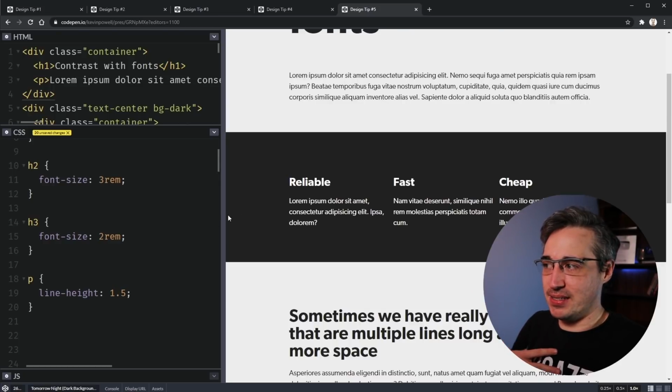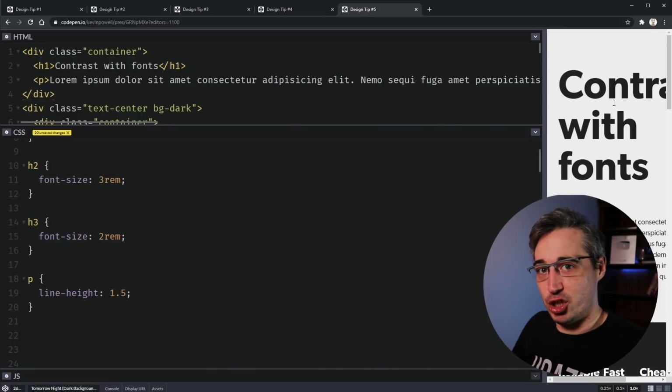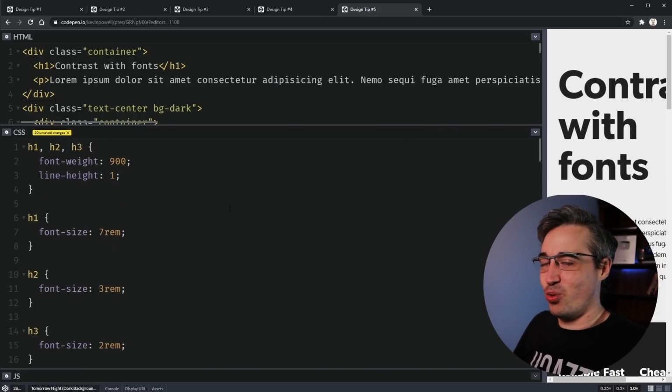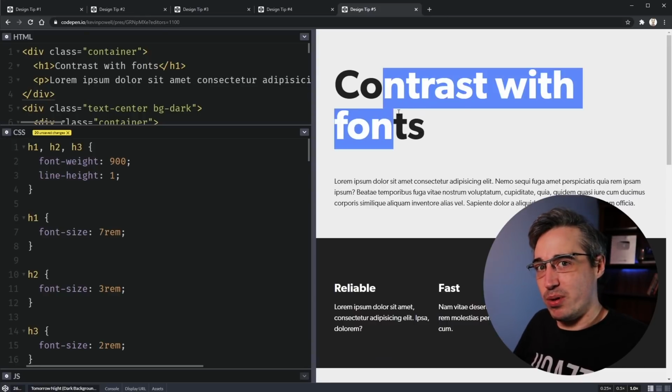Now with font sizes like this, the one thing I'd be careful with is that small screen sizes can definitely cause issues. So this is a situation where on small screens where you don't have as much real estate, you definitely want to have smaller fonts. The ratio between your font sizes will be smaller, but when you start getting to bigger screens, you have more room to play with, you can go really big with your fonts. So big, bold fonts, there's nothing wrong with that. Makes a statement, it increases your contrast a bit, and it makes it easier to follow.